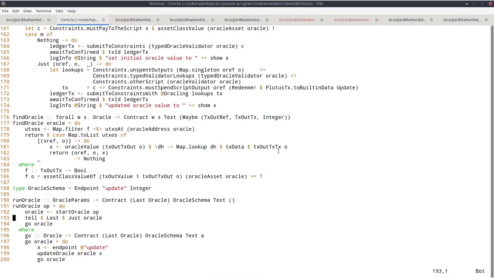At time of writing, I don't yet know what currency symbol this NFT will use, so I don't know the value of this Oracle parameter yet. So I will only find that out at runtime, once the Oracle is actually started. And then other people that want to use my Oracle need to know this parameter in order to parameterize their contracts correctly. So I have to communicate that out. And the way to pass information out of a contract is by using tell.